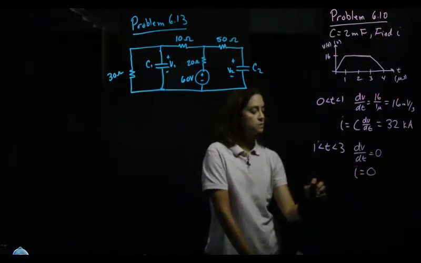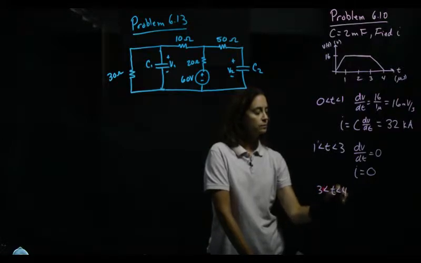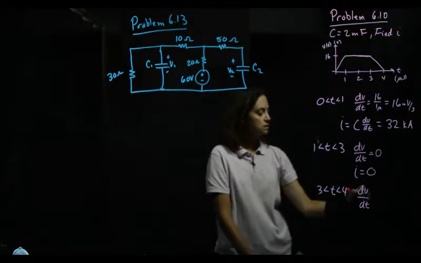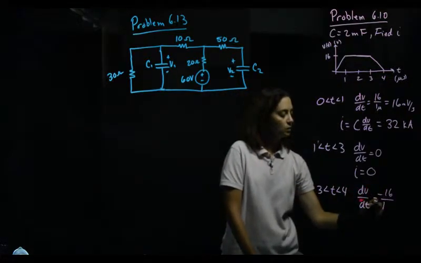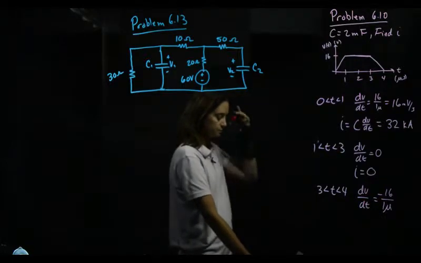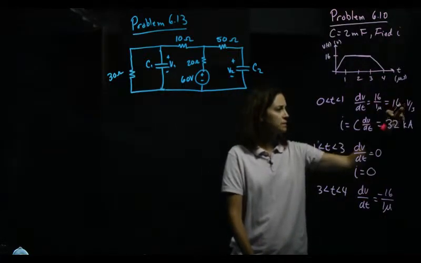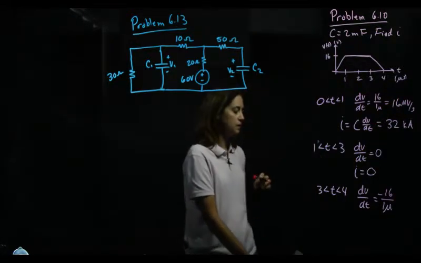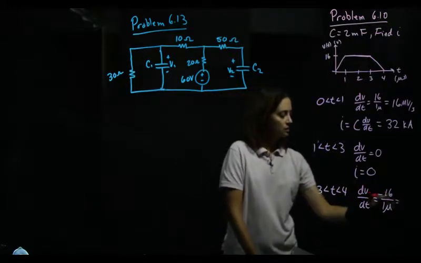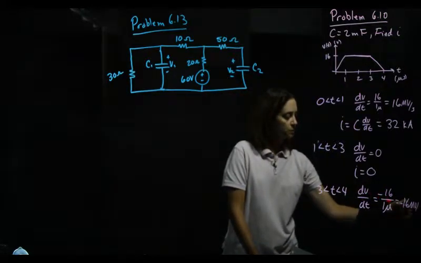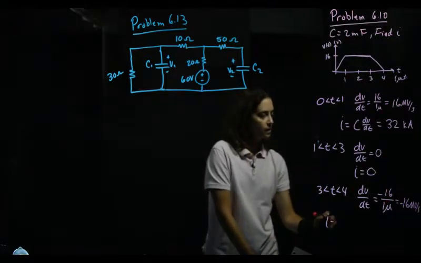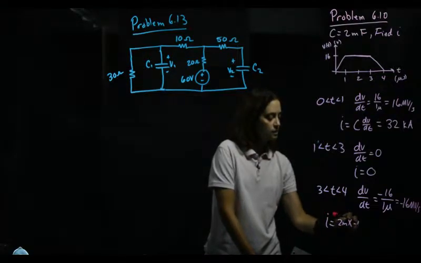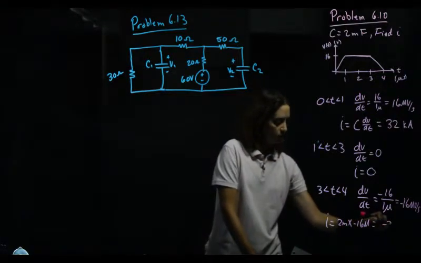And then our final region is between 3 and 4. And my dV by dt goes down 16 in 1 microsecond. That's a meg. I thought something fell off there. It's megavolts. 1 over 10 to the minus 6 is going to give me a positive 10 to the 6, so mega. This will give me minus 16 megavolts per second. I equals C dV dt, 2 milli, times minus 16 meg, or minus 32